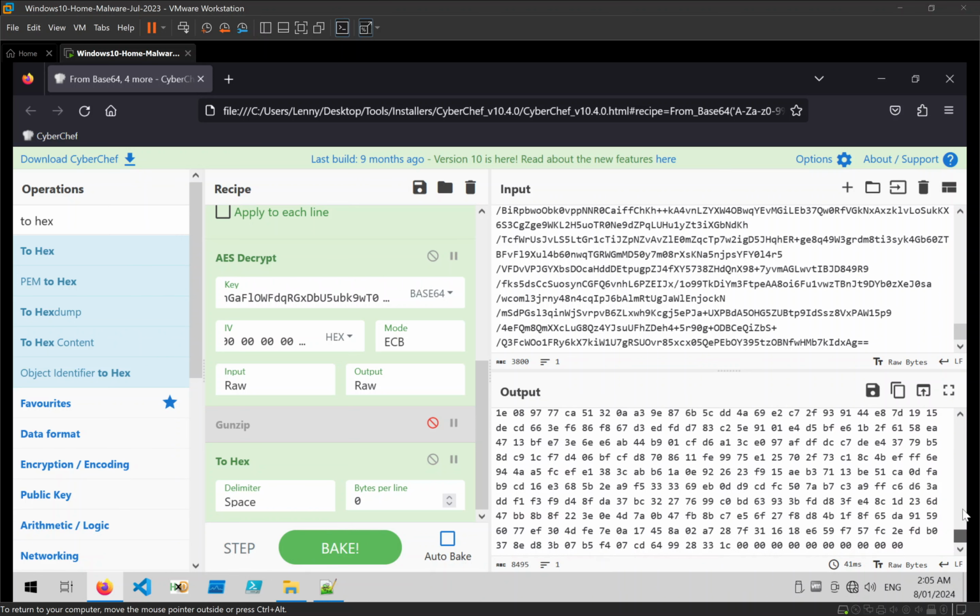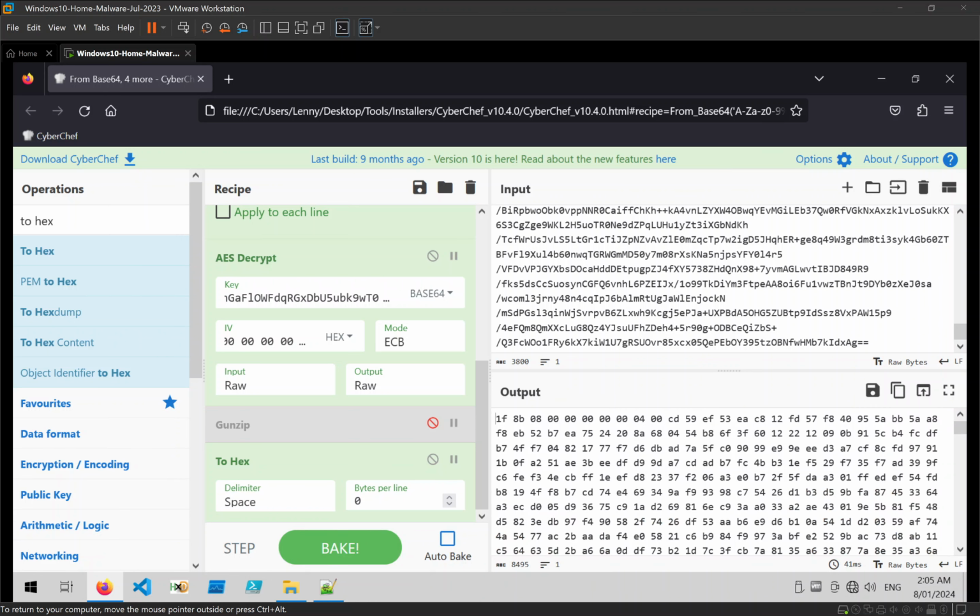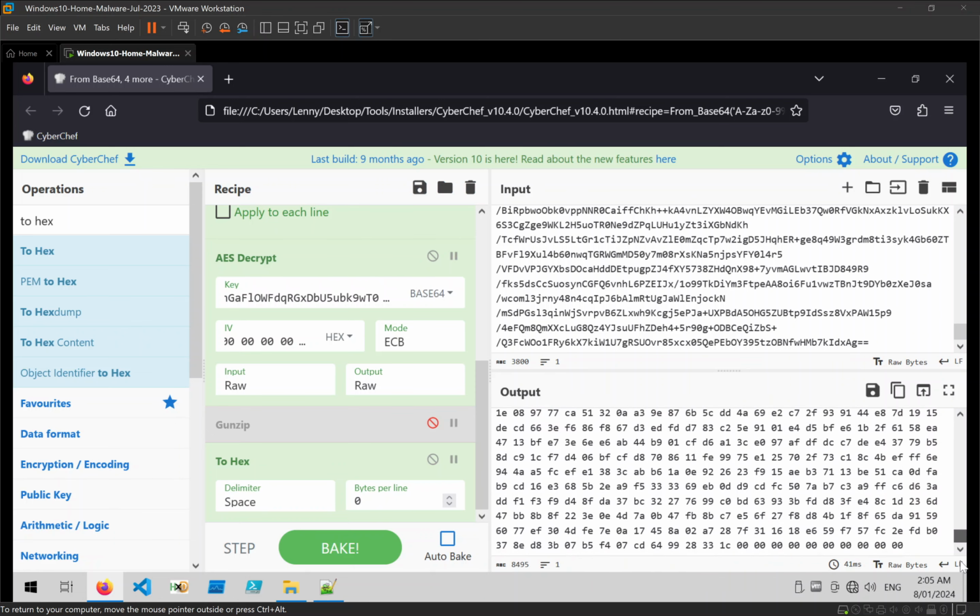Usually whatever's wrong will be at the start or the end of the file. This looks right. This here looks a little bit funny, so what I might do is actually remove that. I'm going to take all of this output,